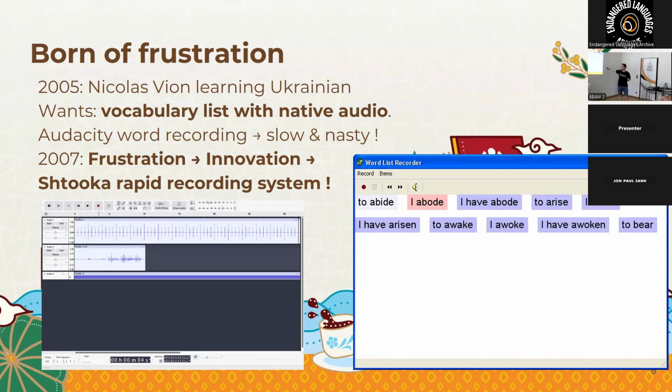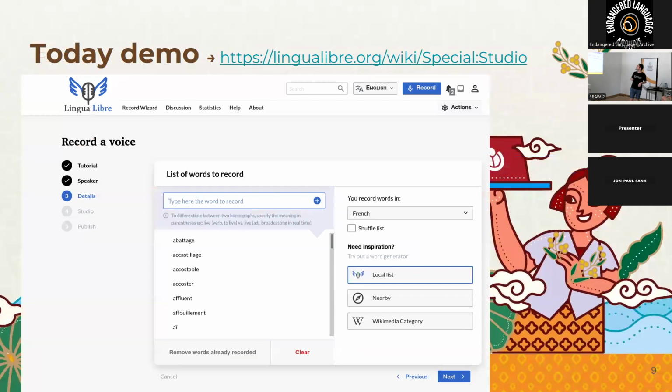Very, very efficient. Later, as a Wikimedian and open education advocate, I got in touch with him, and we worked together to merge this developer's project with Wikimedia, and now the project looks like this.